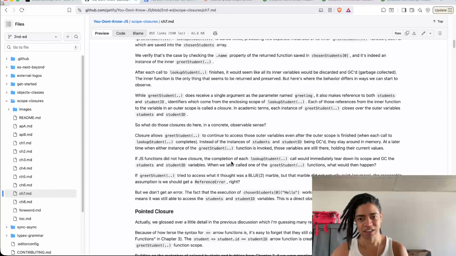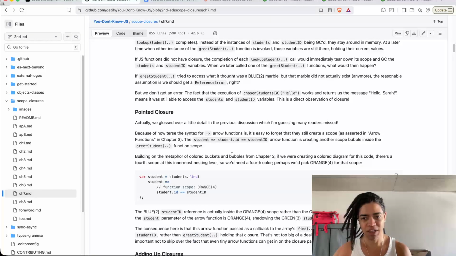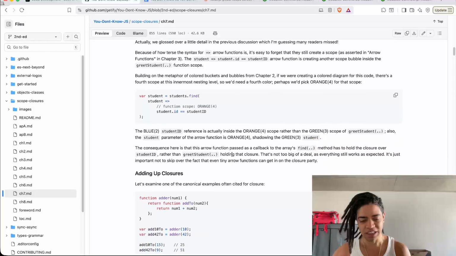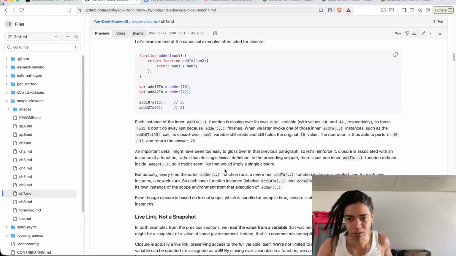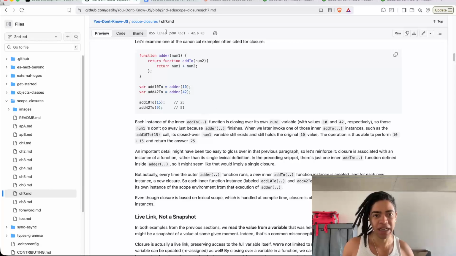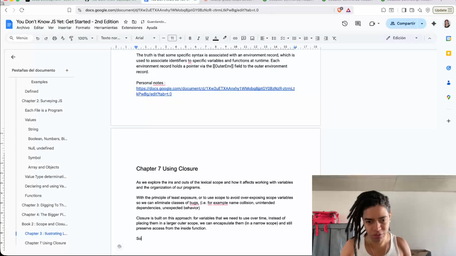So a closure is created, or a closure is associated with an instance of a function